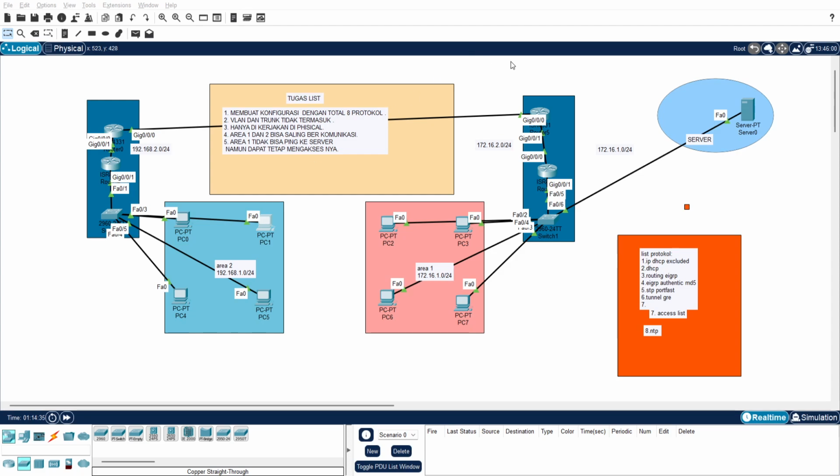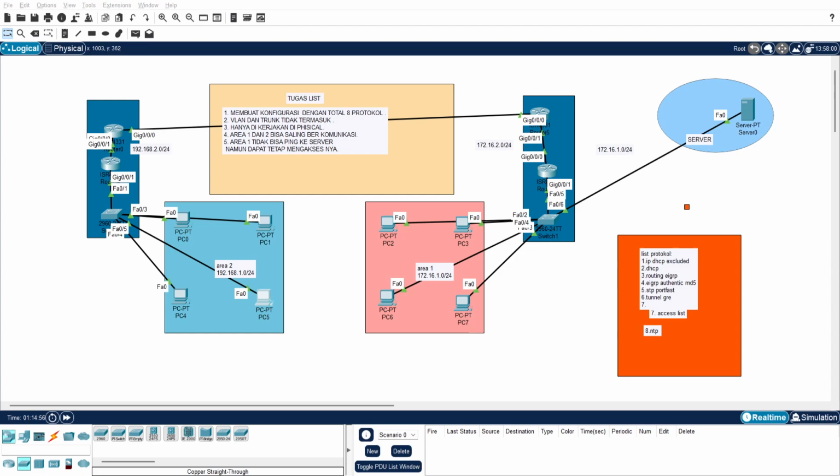So that's why when the laptop asks for an address, the DHCP starts giving them addresses from 11. That's why PC5 gets 14, and that's all about DHCP excluded.